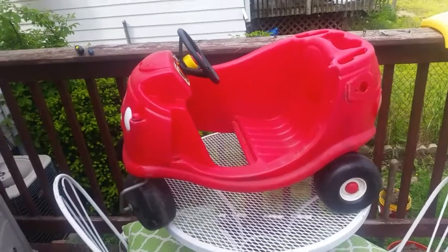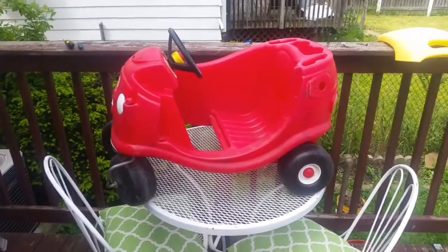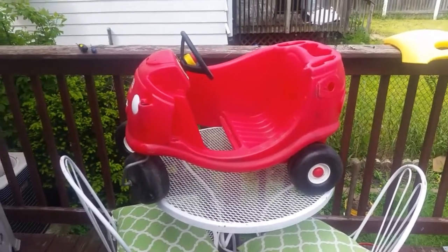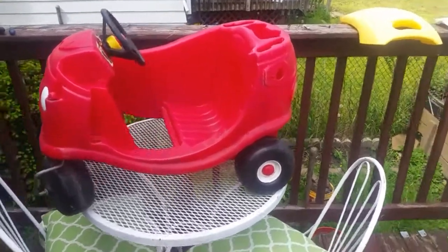I showed her the door, and she thought it was the bee's knees, and she pushed around. So what I'm going to do is take her for a walk and use this, but I disassembled it, and I want to just show people how. I didn't bother with the steering wheel. Oops. Right on the edge of this table. It's just not quite big enough,